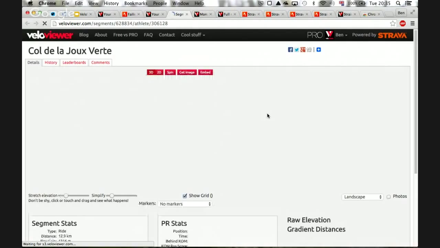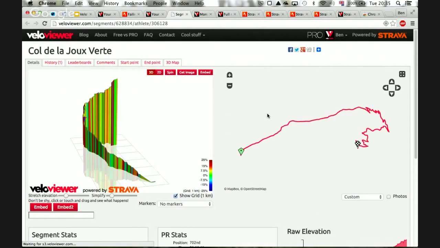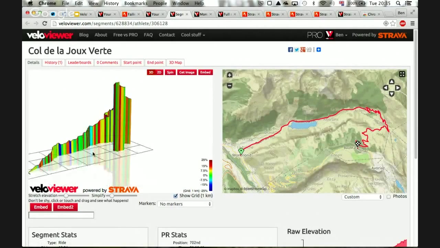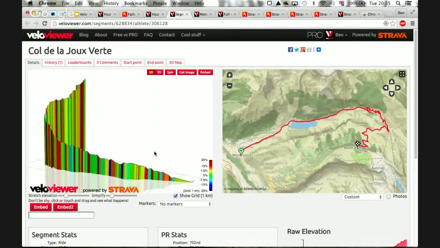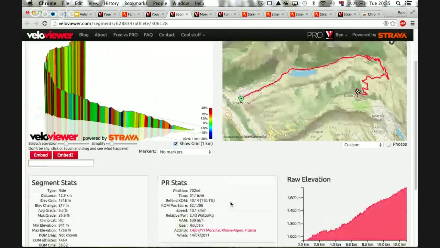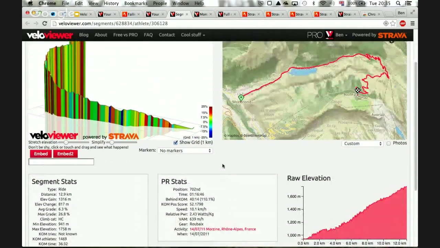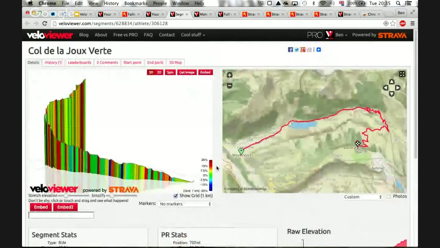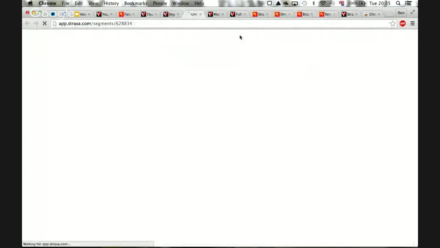This one is the Col de la Jouvert, which is in Morzine. Sometimes you see them and they're like that, and it's like, whoa, that's absolutely appalling. Why is it like that? And you look at the elevation, it's absolutely all over the place. Sometimes these are the only segments that there are. So if I go over to that segment,